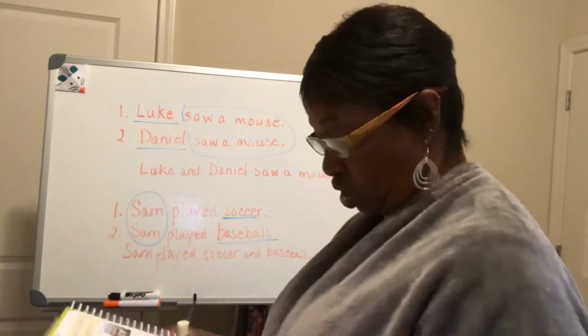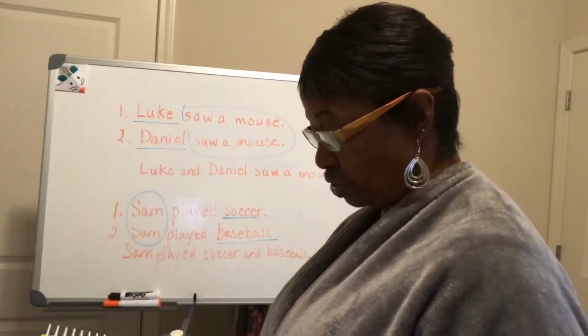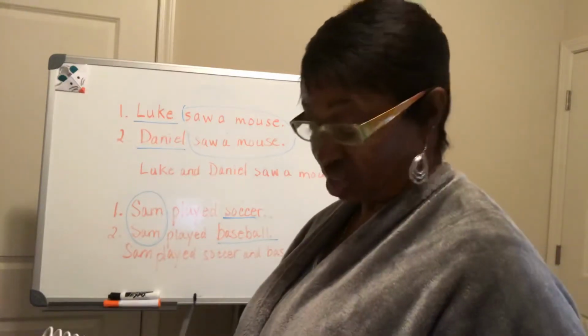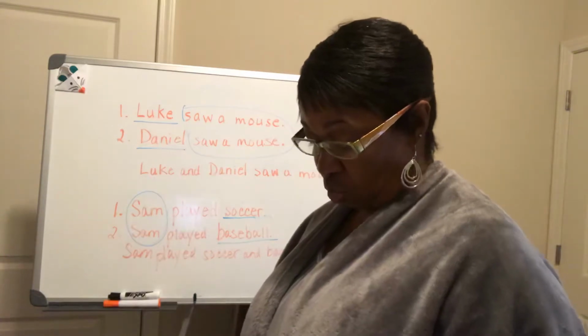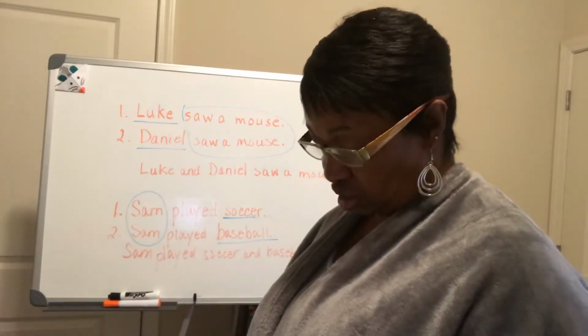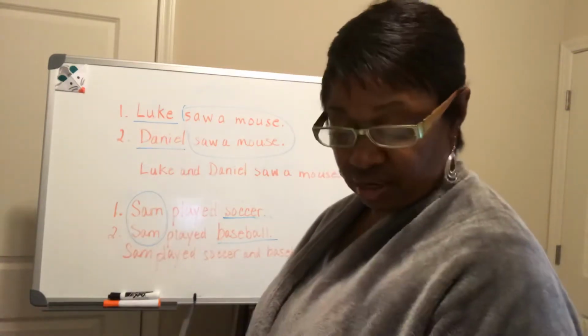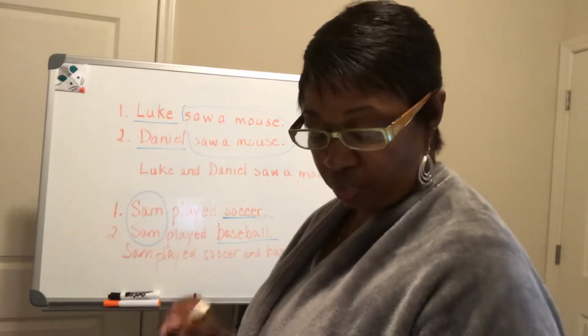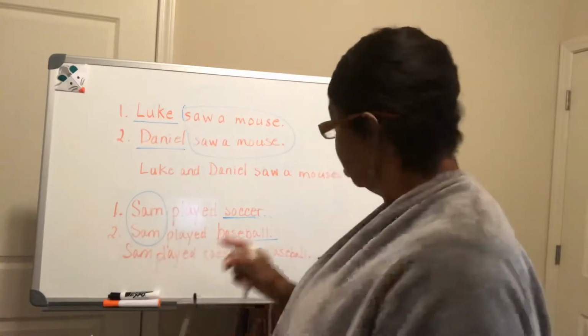Okay, so let's keep going. In this lesson, you will learn to combine two sentences that tell about the same subject. So, now, we just looked at these two sentences. So let's go ahead. We use the word and to join the different parts and the two predicate parts to make